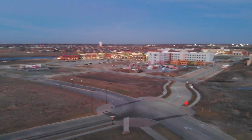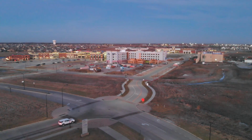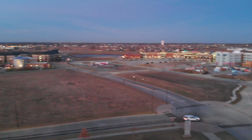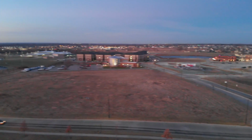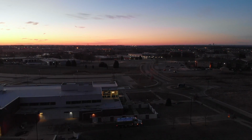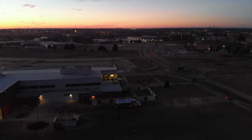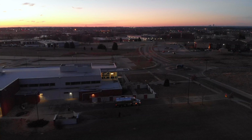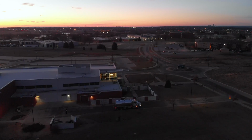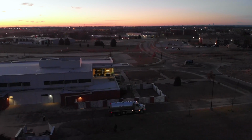It's all a learning process. I'm just having a ton of fun doing this with the drone and my other camera, my GoPro. I wish the sun was even up a little higher. It would have been a little neater shot, but you can see how you can just zoom in and come in, and